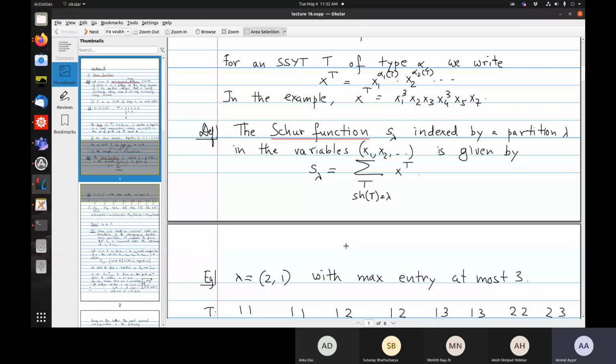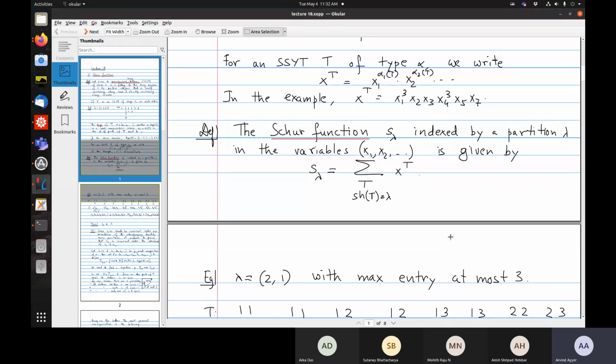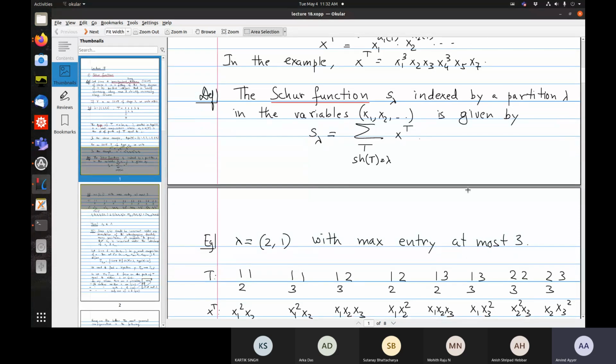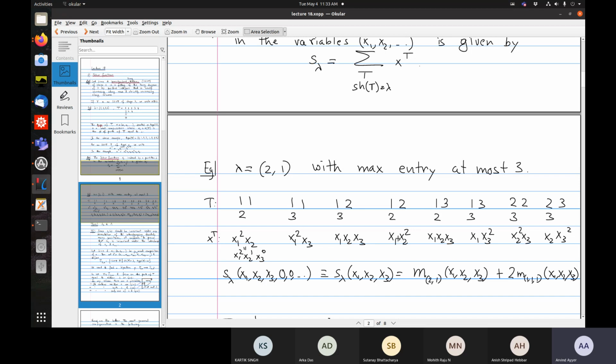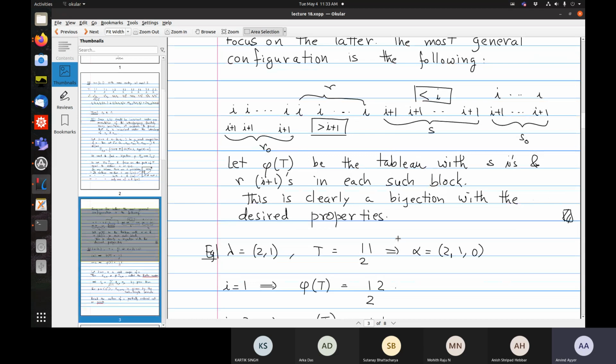So the last two classes have been kind of a crash course on symmetric functions, and we defined the Schur function. First, we defined it as a sum over semi-standard tableaux. Remember that a semi-standard tableau is a filling of the Young diagram with positive integers which are increasing weakly along rows and strictly down columns. We first showed that these are symmetric functions, and then